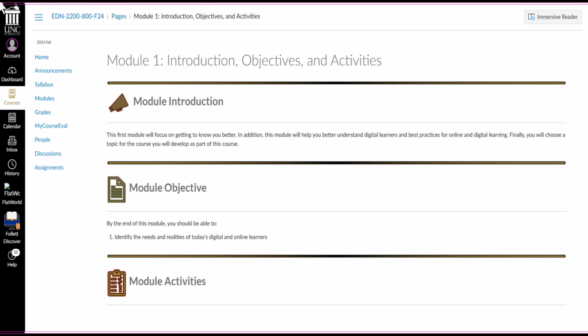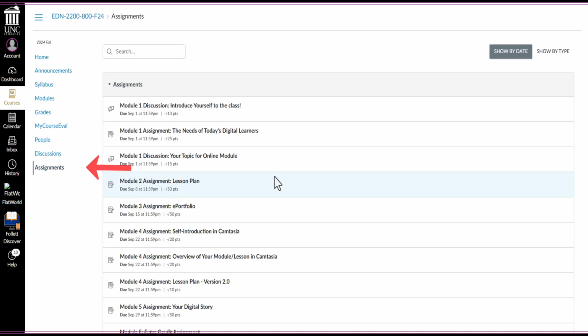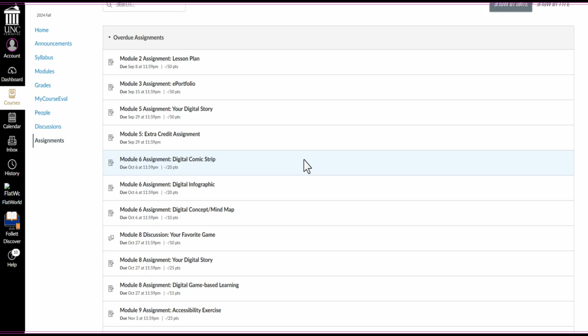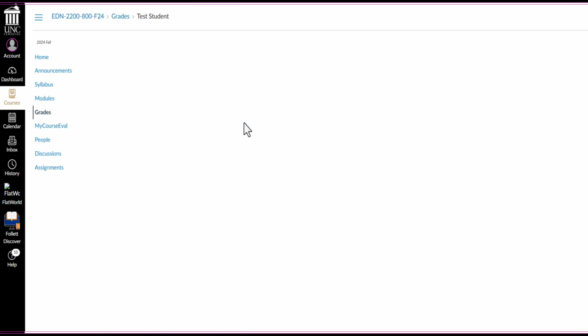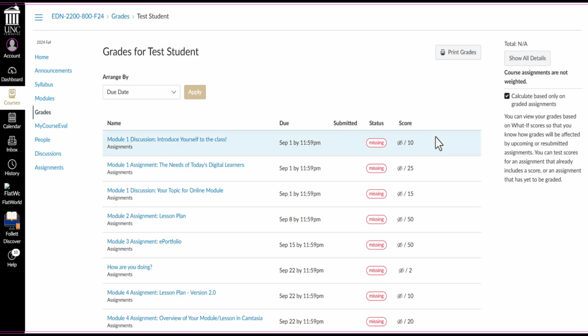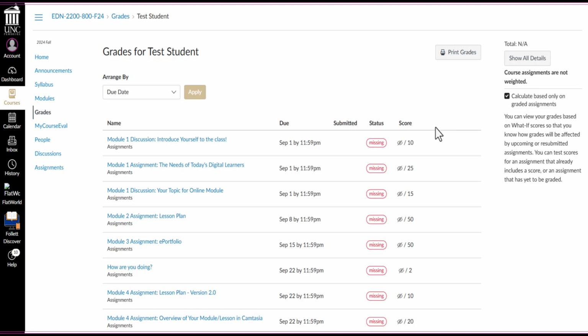To track your academic progress, navigate the assignments section. Here you will find a list of upcoming assignments and their due dates. Canvas keeps this information updated, providing alerts for approaching deadlines. To check your performance, click on the grades in the course navigation menu. The gradebook provides insight into your academic standing, reflecting your efforts throughout the course.